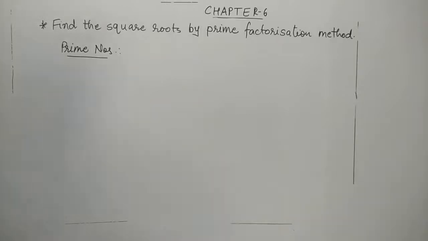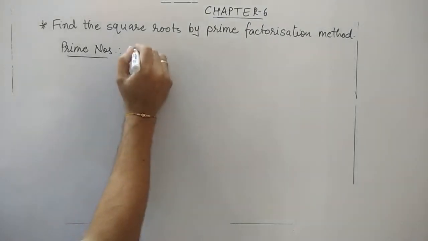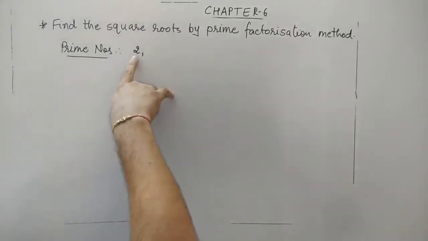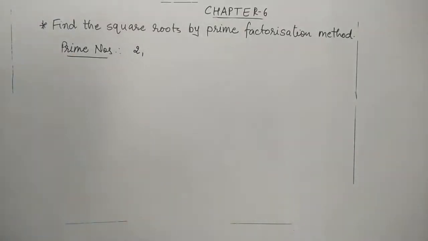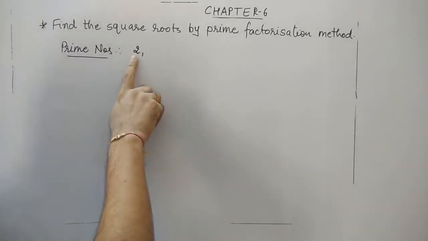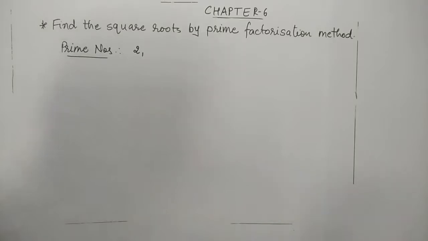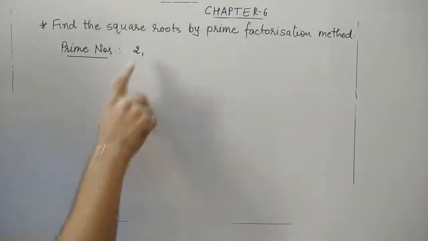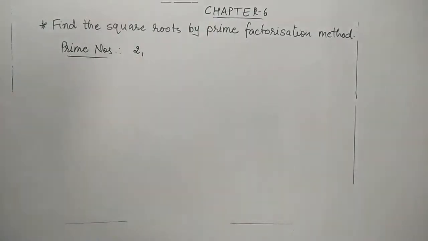Now let us understand a few prime numbers. There are infinitely many prime numbers. The smallest prime number is 2. You must be surprised, but 2 is the only even number which is a prime number. Students, if the question comes in the exam, which is the smallest prime number, you should remember 2 is the smallest prime number. 1 is not, 1 is a special number because 1 has only one factor, that number itself. That is why 1 is a special number. 2 is the smallest and the only even number which is a prime number. The rest of all the prime numbers are odd numbers.